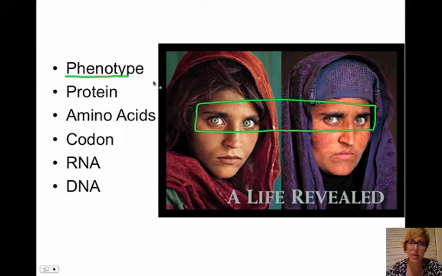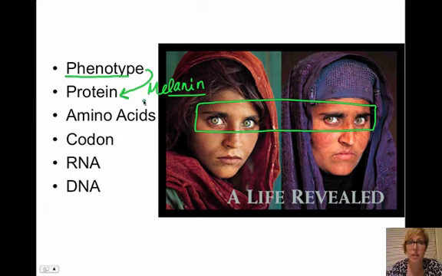And our eye color is determined by a protein called melanin. And eye color is actually determined by 8 different genes that code for different proteins. But we're going to simplify it, and we're just going to say melanin is the protein, and it is the main protein involved in our eye color. So our eye color is determined by the presence or absence or type of melanin that is produced by the